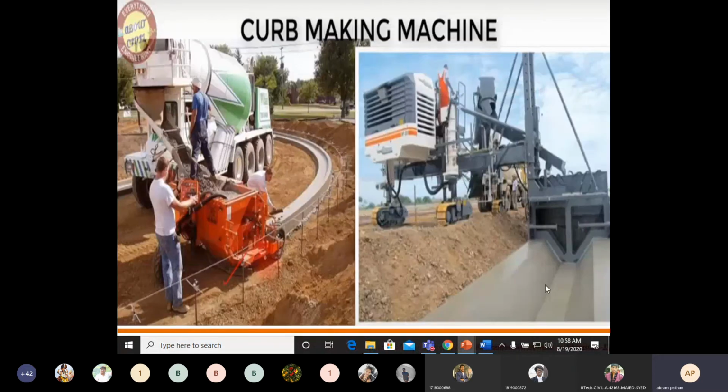Then this is another important curb making machine. This is a drain, in case of storm drains, roadsides, or open drains in city or urban areas.